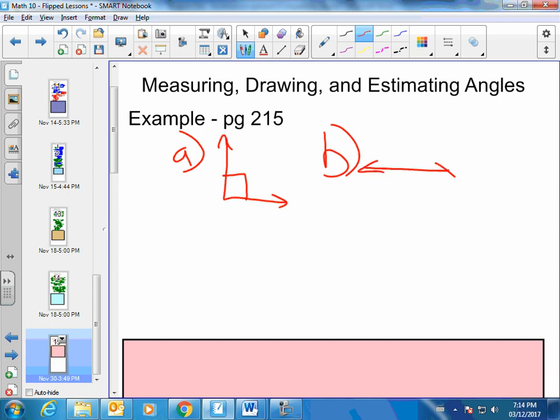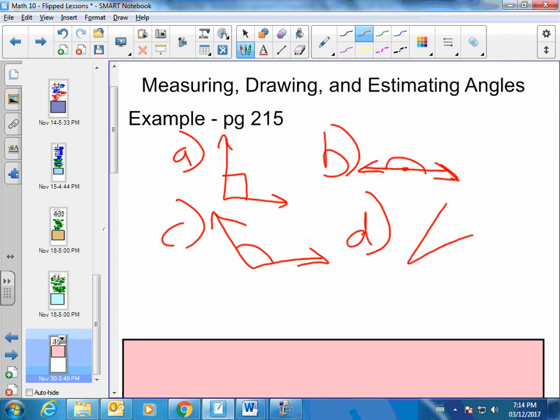We have one with a picture like that. I'm drawing too big for my screen already. We have D over here, and then the last one,